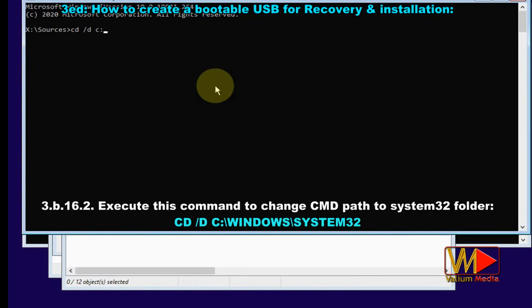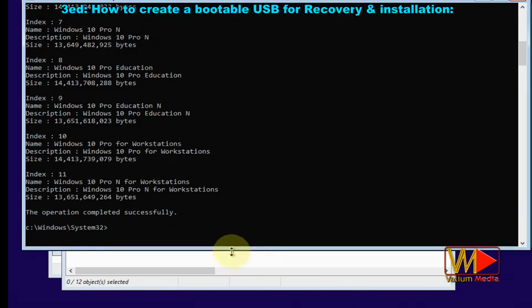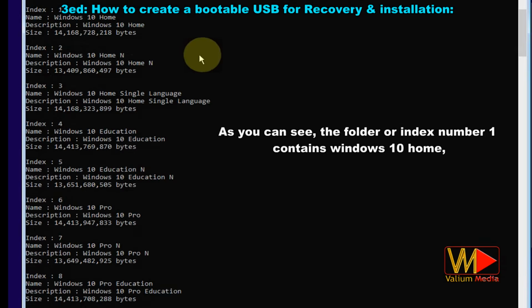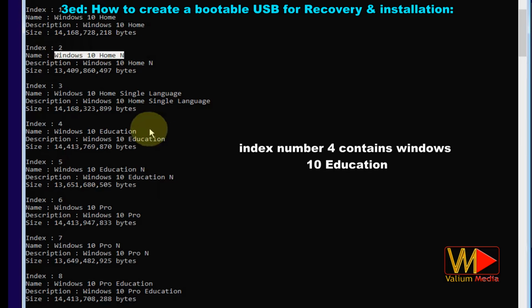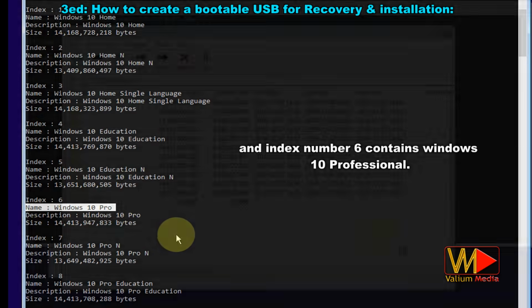Execute this command to change the CMD path to the System32 folder: cd /d c:/Windows/System32. Execute this command to view index details: dism /get-wiminfo /wimfile:c:\install.wim. As you can see, index number 1 contains Windows 10 Home, index number 2 contains Windows 10 Home N,